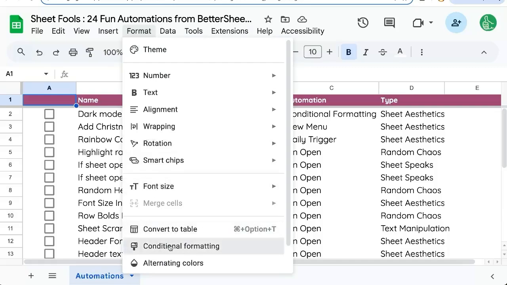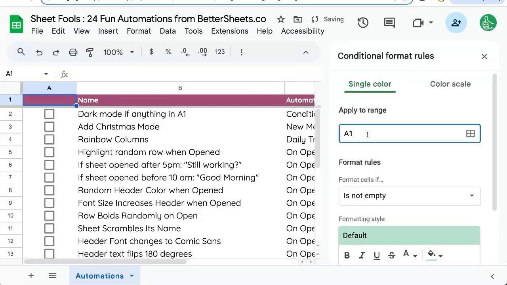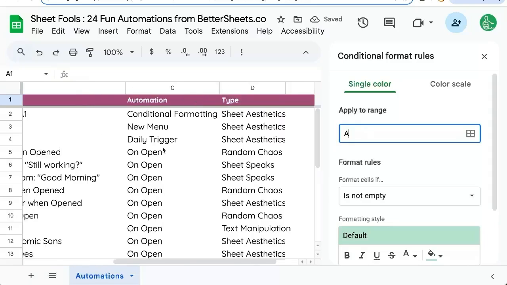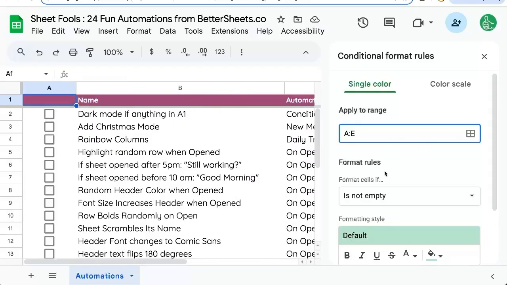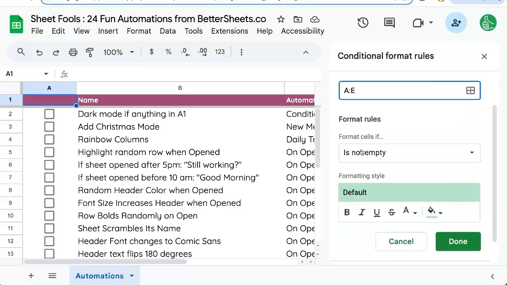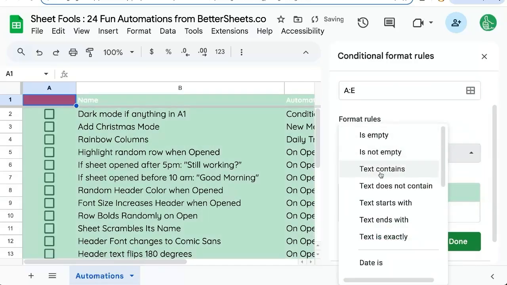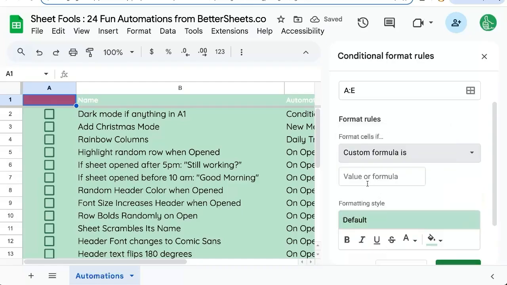Go to Format, Conditional Formatting. We're going to apply to the whole range. Here it's A to E, A:E. And we're not going to use format cells rules that are selected here. We're going to go all the way down to custom formula is equals not A1 equals and two quotes. And the key here is we need to put a $ in front of the A and the 1 and